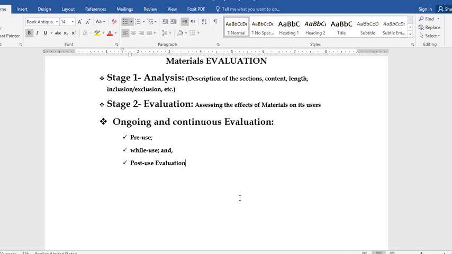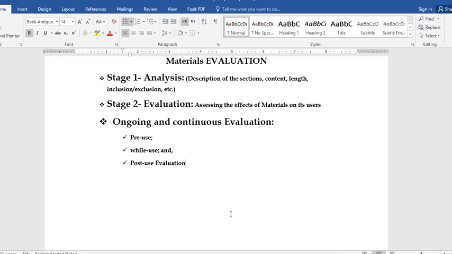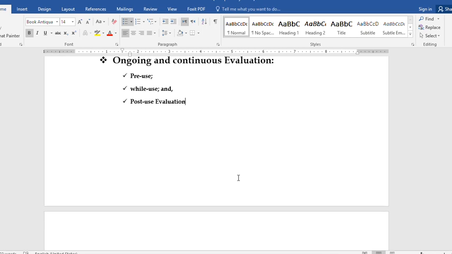Yes, but if you evaluate the materials, if you're familiar with the principles of teaching and learning, you can again use the same materials in the way that maximizes learning opportunities for your students. You try to use the same materials in a way that meets your students' needs and purposes.